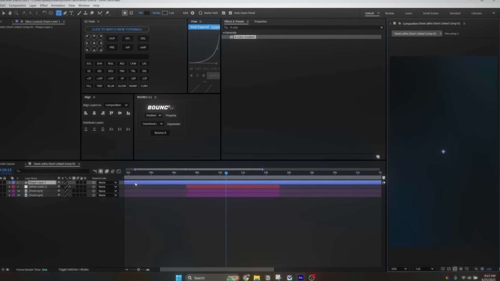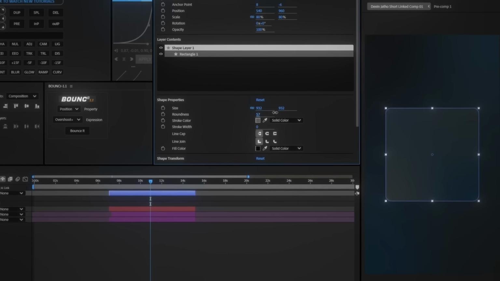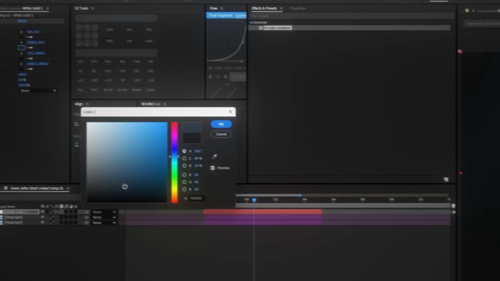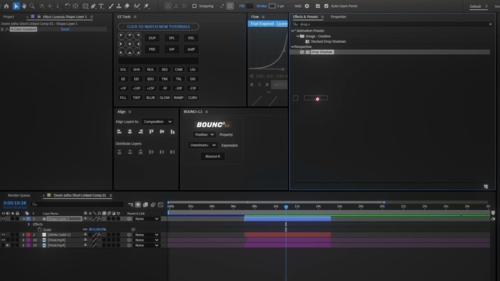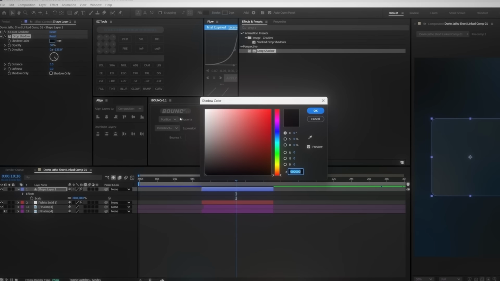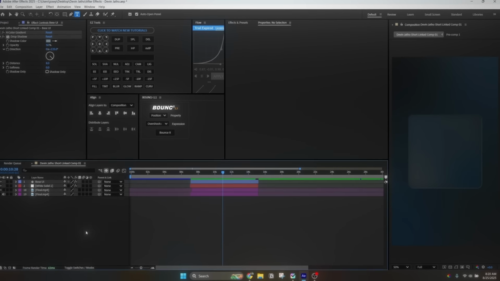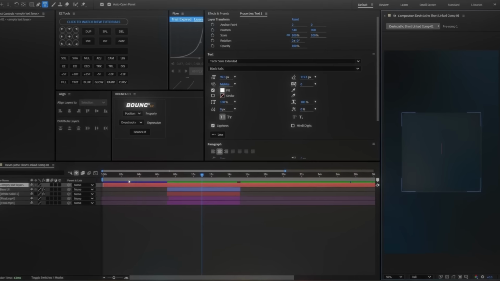First, we add in a shape layer, draw out a square, and round up the corners. Add a 4-color gradient and vary the colors between gray and light blue. Finally, add a drop shadow and change the colors to white to get this lip around the square. Now that the base of our UI is built, let's make our faded number